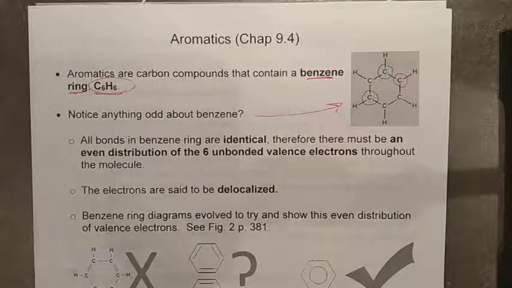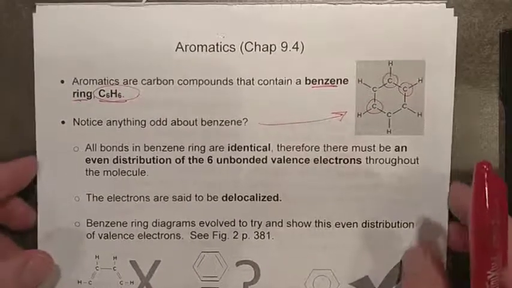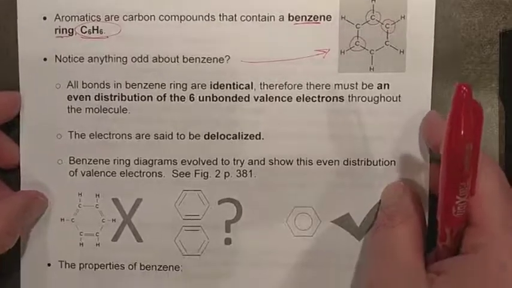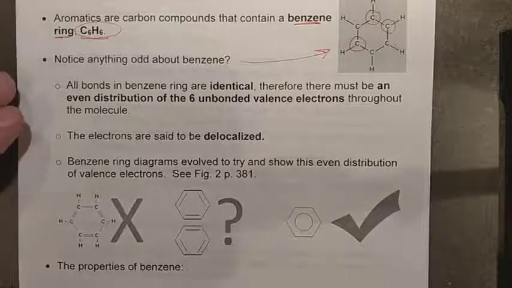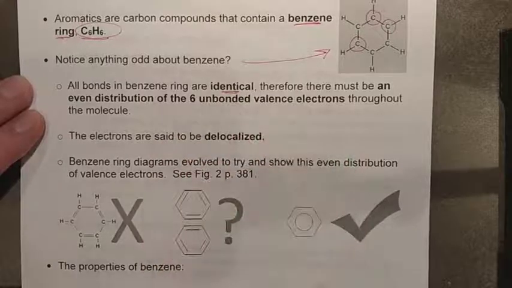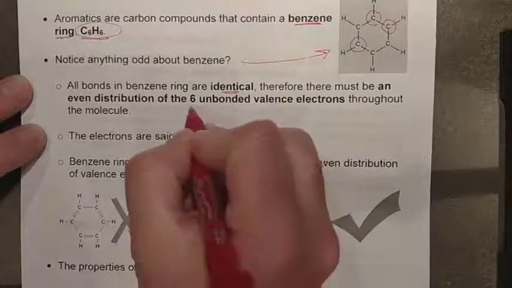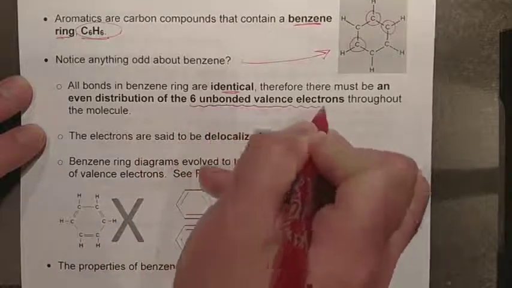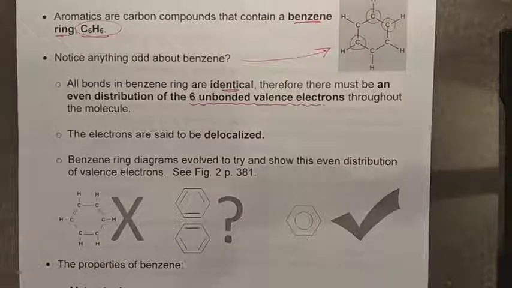Now, scientists and chemists really started looking for, all right, well, there has to be some double bonds in here. There had to be a few things going on, but so far all of our investigations into how benzene does what it does have only led to theories and no actual proof. Some of the things that we do notice about benzene is that all of the bond lengths are identical. What this would mean to us is that there's an even distribution of these 6 unaccounted for valence electrons that should be there, that are there, and bonding us all together.